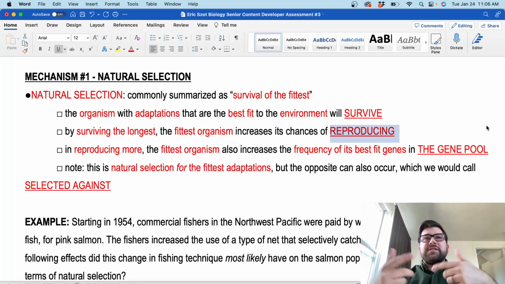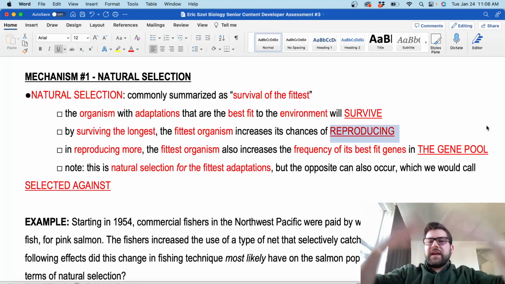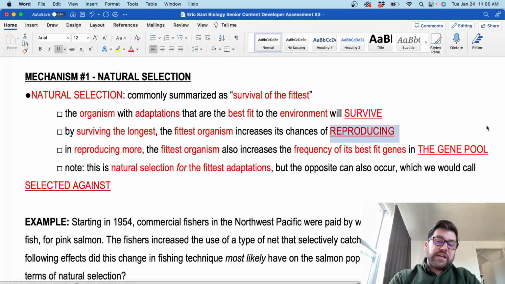So now we're going to start to see, over the generations, over the years, over the decades, your genes, your alleles, getting passed on more. Right? They're going to become more and more frequent. You're surviving the longest, you're reproducing more. You're a great fit. That means your offspring are now surviving longer, and they're reproducing more. They're a great fit. Assuming the environment isn't changing too drastically, right? Assuming. You might have to have active adaptations going on here. But otherwise,